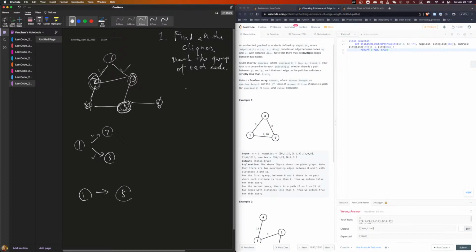So now we know if P and Q do not belong, that's going to be false. If they belong, in a second step, we say if P and Q belong to the same group,